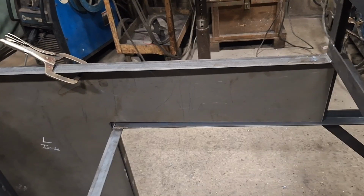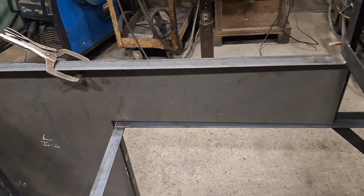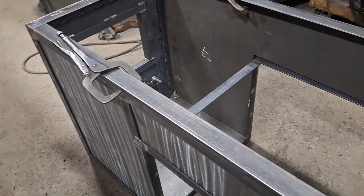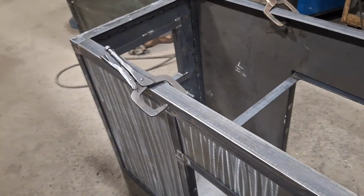Probably just going to do some little stitch welds all along in there. Not going to get too carried away. I really don't think it needs to be welded 100%, but